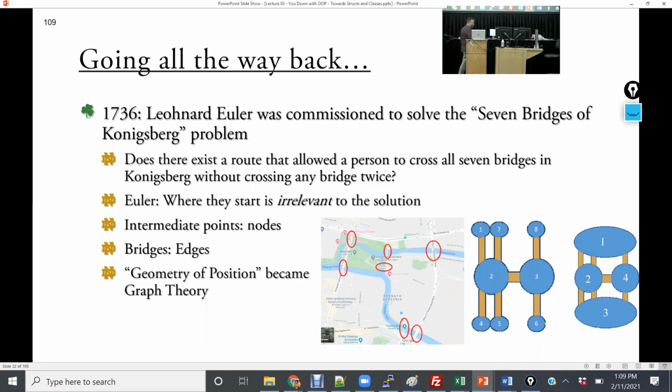All right, let me check the Slack. Okay, so we're going to go all the way back to 1736. For those of you who've taken discrete math, you might be familiar with a problem called the Seven Bridges of Königsberg problem. For those of you who are taking discrete, this is something you're going to encounter later this semester. So the idea is the mayor of Königsberg has an interesting problem. They have 7 bridges, and the question is, can you get everywhere in Königsberg by using all 7 bridges and